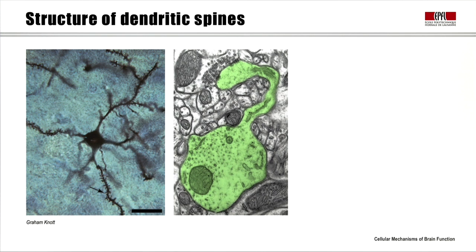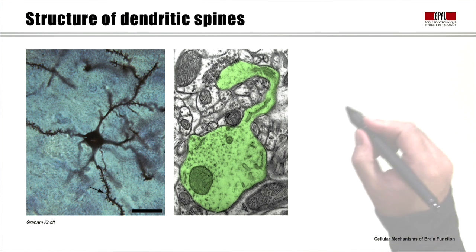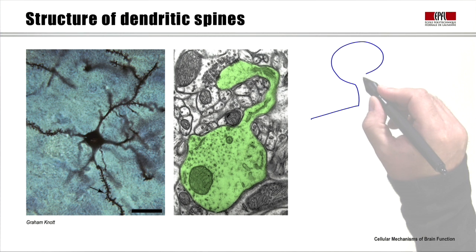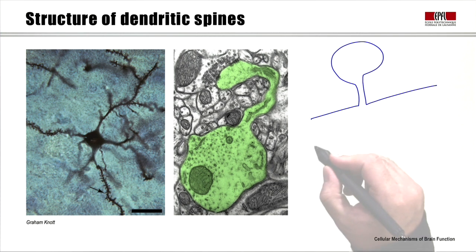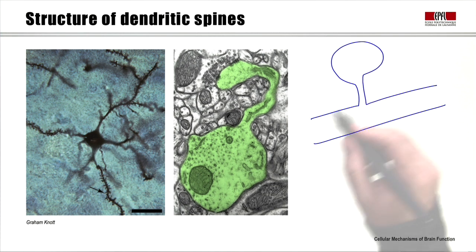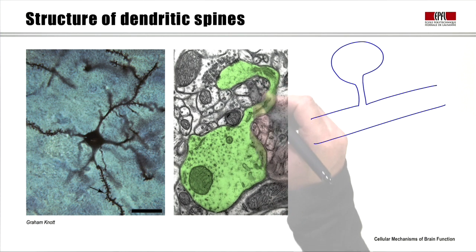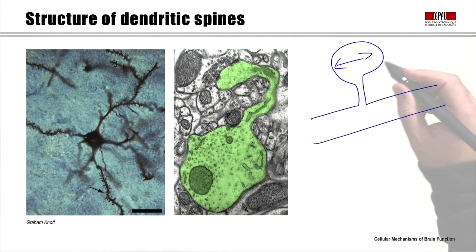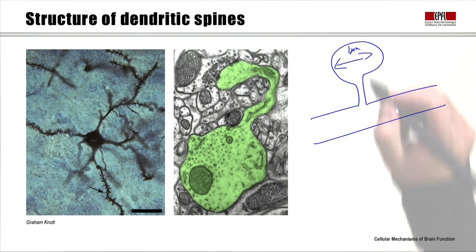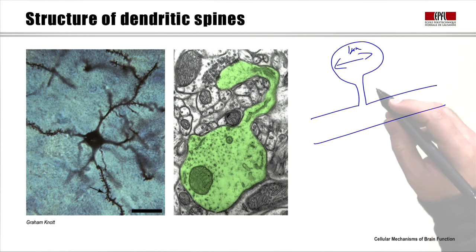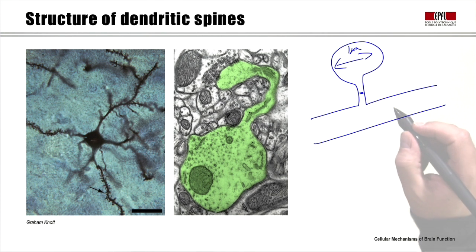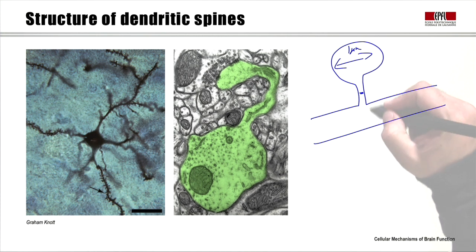Now, dendritic spines come in many shapes and forms. There are the so-called large mushroom spines, where there's a large dendritic head that sticks off the dendrite. Here is an example of this. The head is perhaps a little bit small, but the heads of these mushroom spines can be maybe a micrometer in diameter. The spine neck, which has a diameter of around 100 to 200 nanometers, can be 1